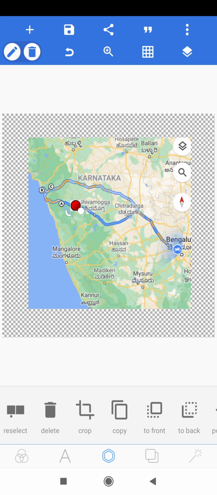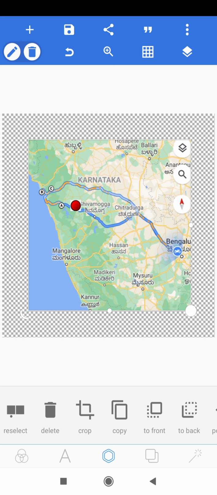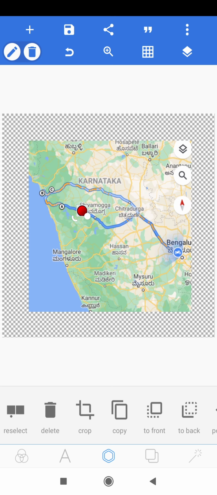Okay, now you people got to know why I made this. So I want to show the points from where to where I move. So I need a red pin drop, and see here you can find a copy button icon. Click on that. How much do you need? 1, 2, 3, 4, four circles you need. So click 3 times and you will get three same size circles.